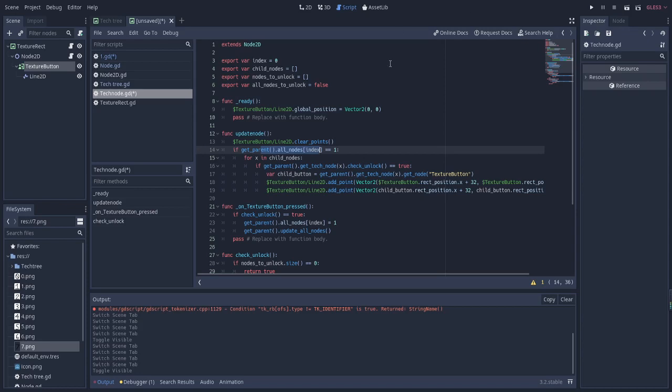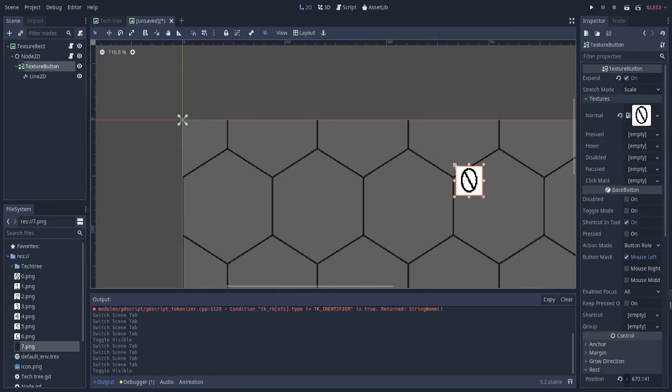If our node is not unlocked, it doesn't do anything. Otherwise, it iterates through all of those child node indexes, finds them using our support function, and if they can be unlocked, it adds points to the first node, for example this node firstly,